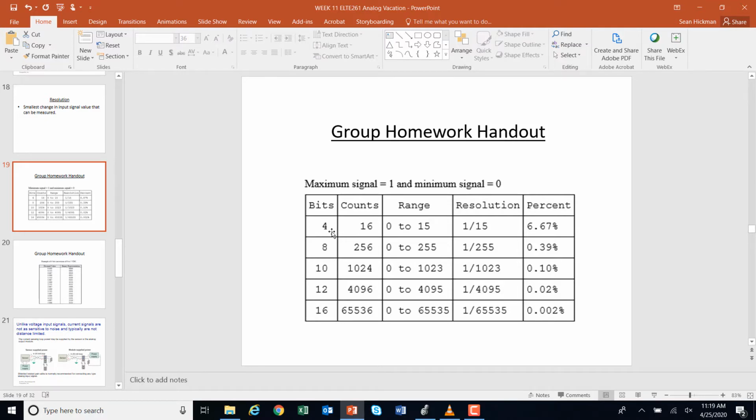Remember that 4-bit gives you the range using binary, 0 to 15. And so if you take your full scale of 1 and divide it by the number of bits that you have in the resolution, that's basically chunking that up. So the more bits you have, 16 or 32, the more you can take 1 and divide it by that many,